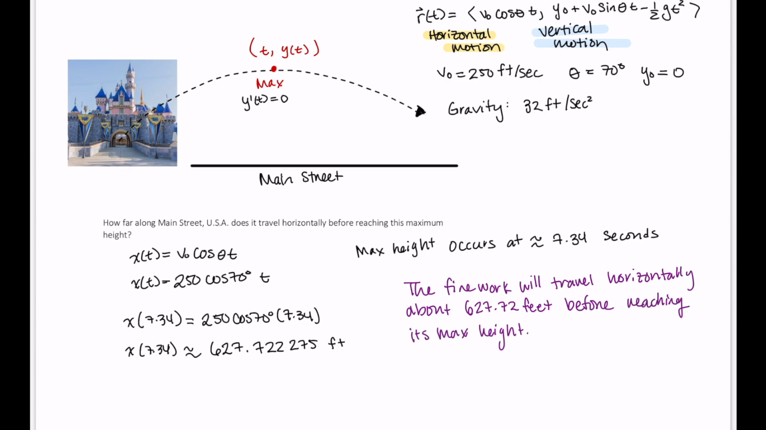And we can summarize everything we found here. So we found this distance here from its start. We figured out that's 627.72 feet. We also figured out that this max height is about 600, oh, excuse me, no, 862.33 feet. And this occurs when t is equal to about 7.34. And if you're wondering where along Main Street this would be,